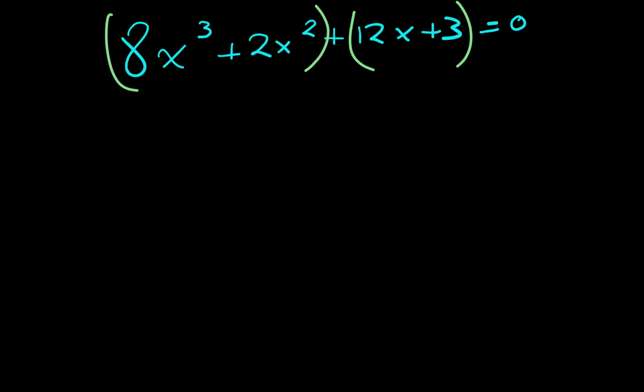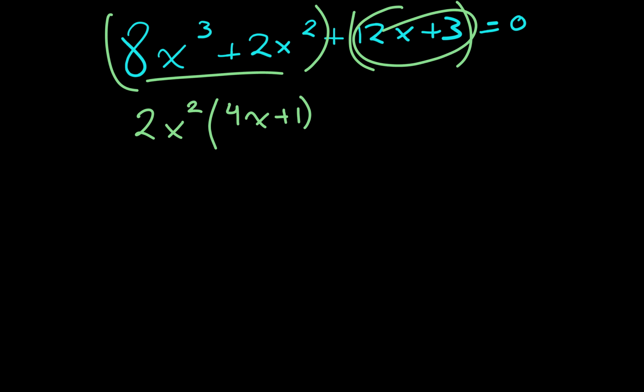There we can pull out a 2x squared from this group, and you'll be left with a 4x plus 1. And we'll be pulling a 3 out of this group, and we'll have plus 3 times 4x plus 1. And from there we'll have 2x squared plus 3